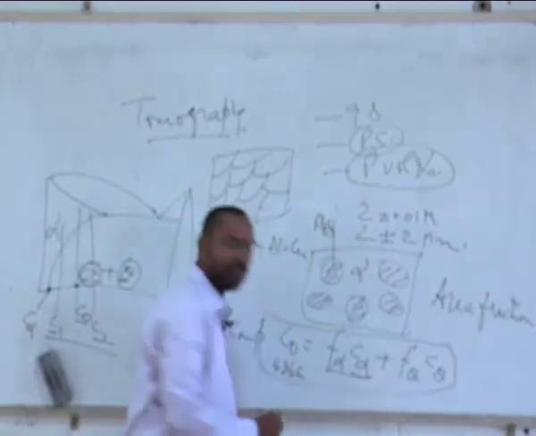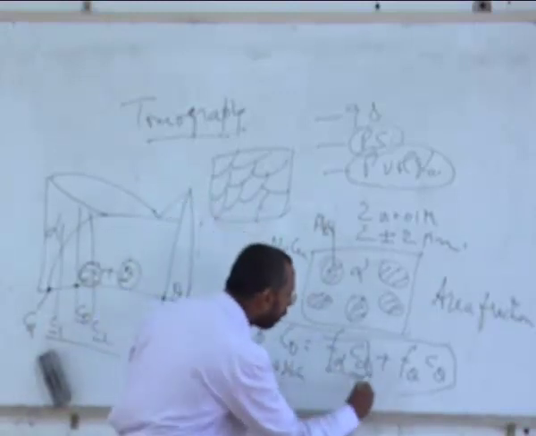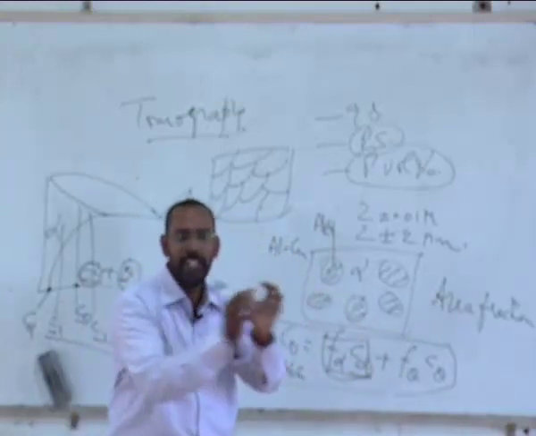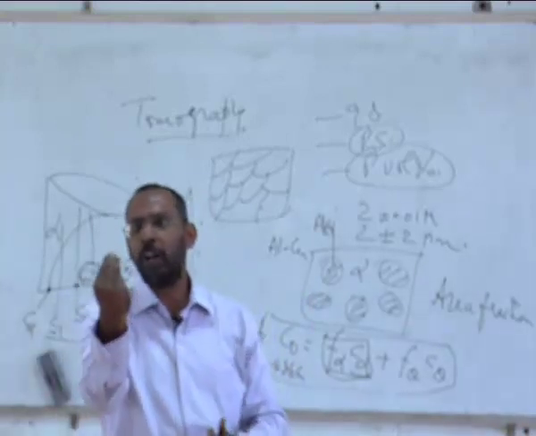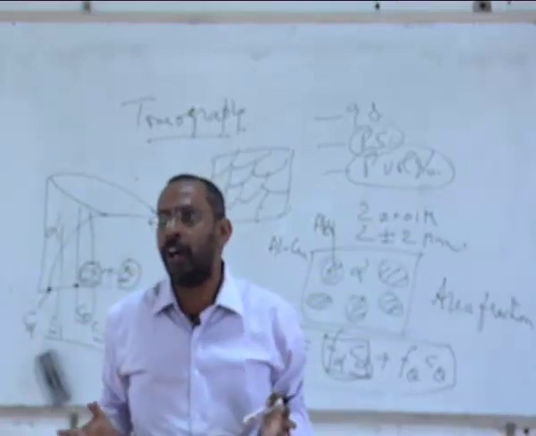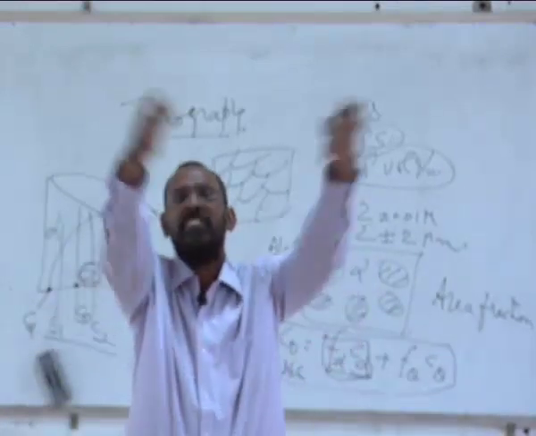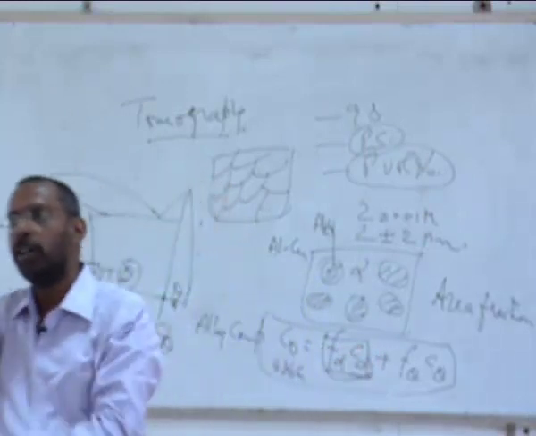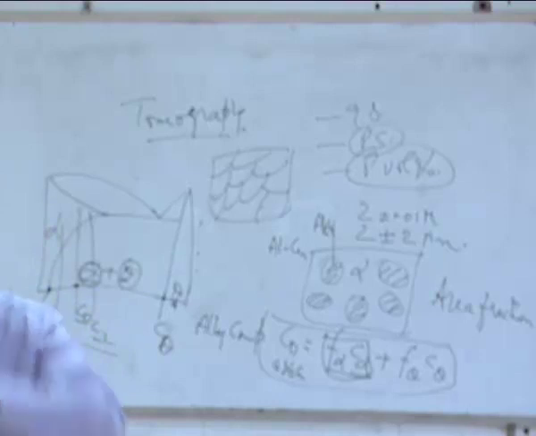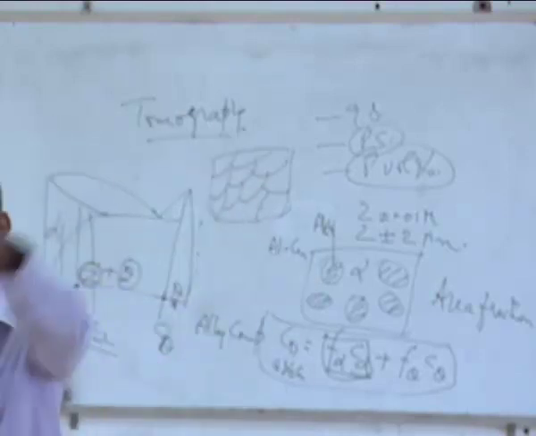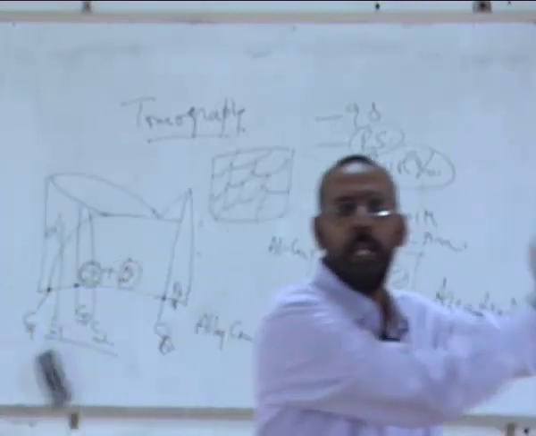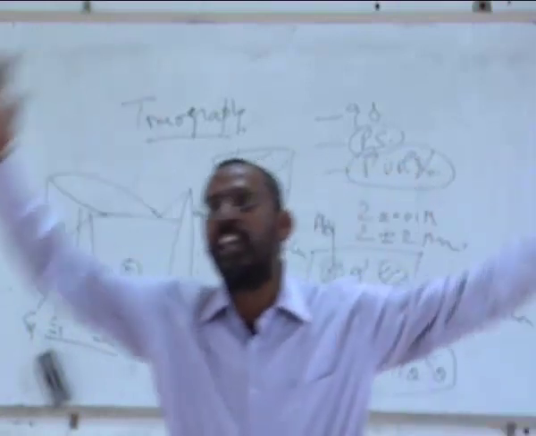What does F alpha and C alpha tell you? It tells you the total number of copper atoms inside the alpha. So much volume of alpha is there, and each unit volume of alpha contains so many copper atoms. If I multiply with the total volume of alpha, I will know how many copper atoms are there inside the alpha. Similarly, each unit volume of theta contains so many atoms of copper; if I multiply with the total volume of theta, I will know the total number of copper atoms inside the theta. And this plus this should be equal to the total number of copper atoms inside the alloy.